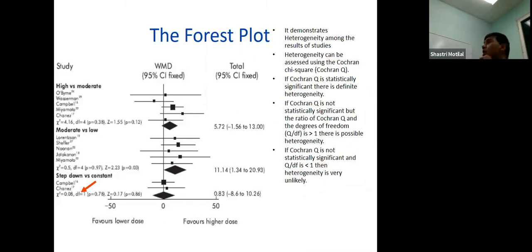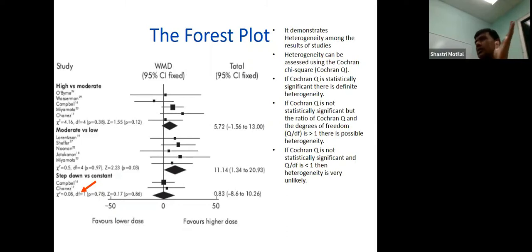So if we get a non-significant p-value, it means we accept the null hypothesis. These studies are really similar. But if we get a significant p-value, it means we have to reject the null hypothesis, which says these studies are similar, and conclude that the studies are not. So the rule is, if you didn't understand that rationale, if I lost you, the rule is: if the p-value is significant for the chi-square test for heterogeneity, then we conclude there is significant heterogeneity. What it means is the individual findings from all the studies differed significantly.